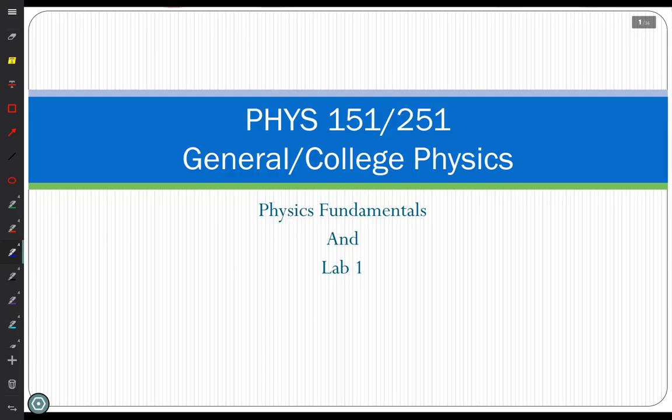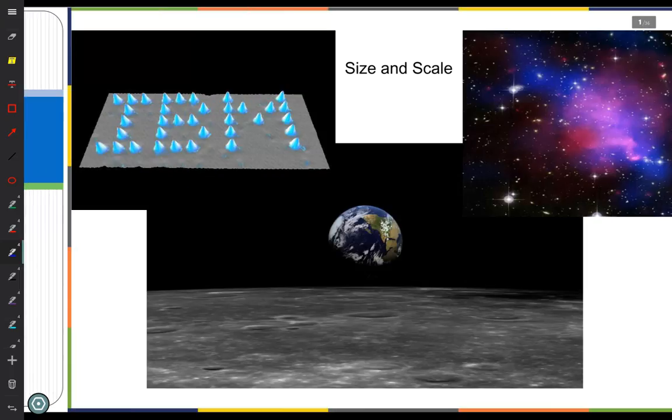Okay, it is time to start. So I will get started here. What we're going to do is I'm going to lecture on the lab as well as the concepts that are involved with the lab. Then we're going to take a pre-test, and then we'll actually do the lab. So getting started here,